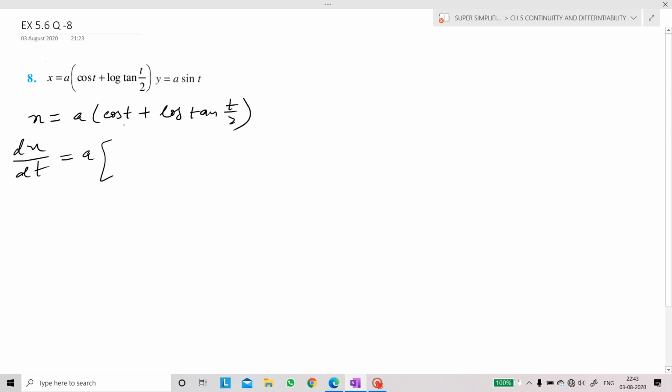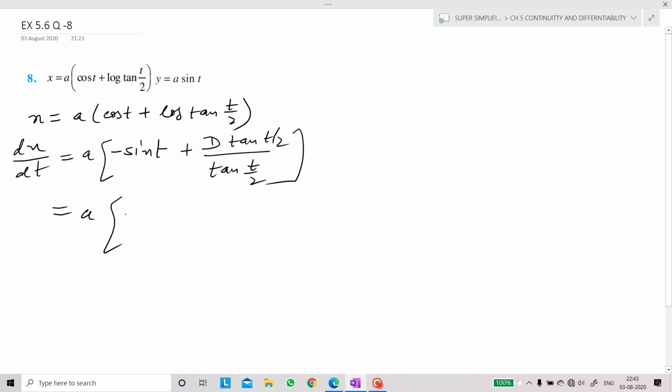Derivative of cos t will be minus sin t, and derivative of log tan t by 2, its derivative will be 1 upon tan t by 2, and in the numerator we have to write the derivative of tan t by 2. So we write the next step, a times minus sin t plus derivative of tan t by 2 will be sec square t by 2 into derivative of t by 2, which is 1 by 2, and this thing is divided by